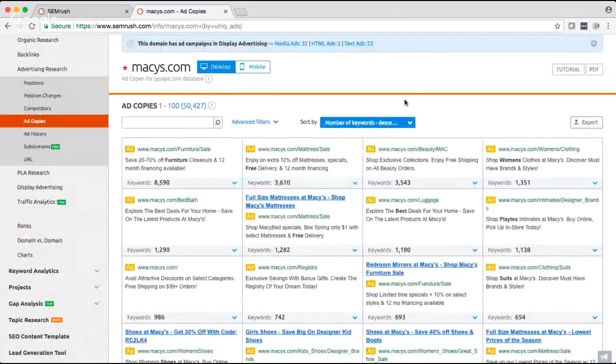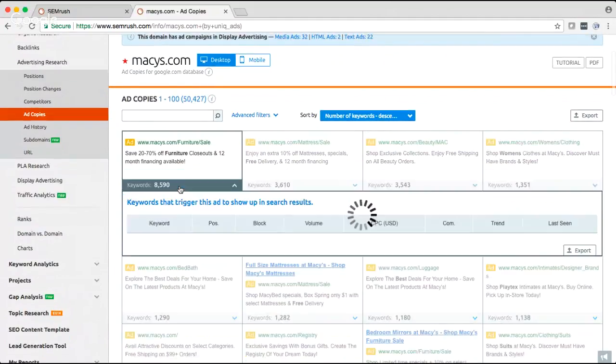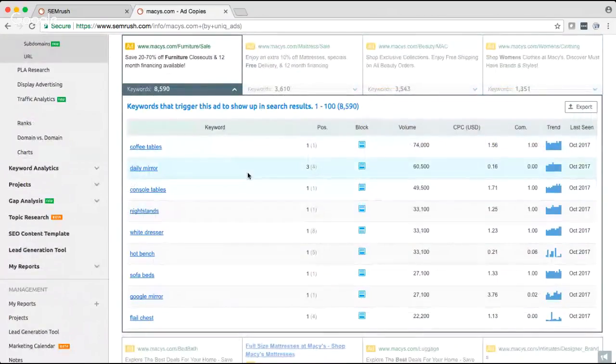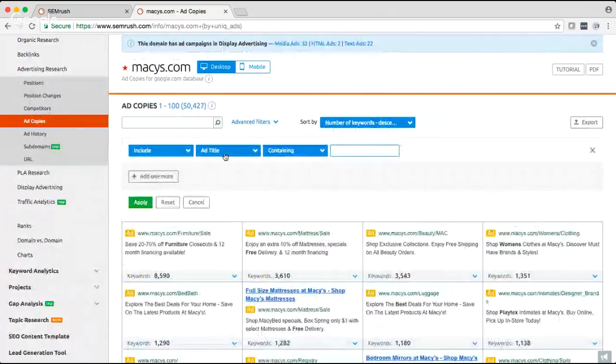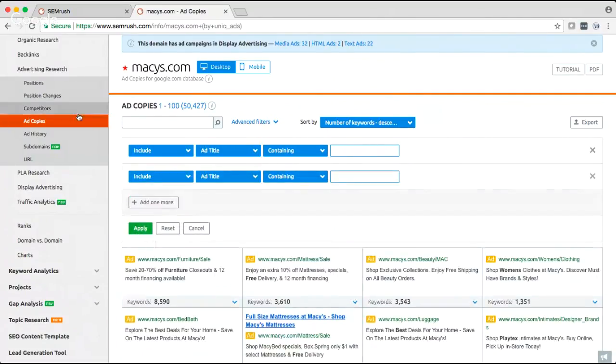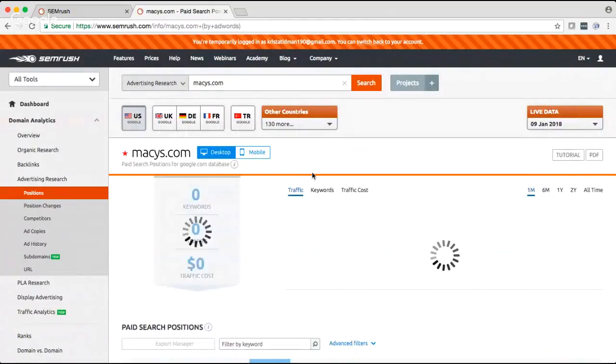And from the ad copies list, we're showing you the keywords in descending order. So by, obviously what has the most keywords that are triggering that ad copy to pop up. So you can display and see all of those different keywords involved. So that is how you will know. However, you can also add advanced filters. So if you want to specify it by the ad title or ad copy to include or exclude it, because I doubt anyone wants to go through 50,000 ad copies on their own and scroll through, you can always filter it out. As well as you can go back to the advertising research and go into the positions report and